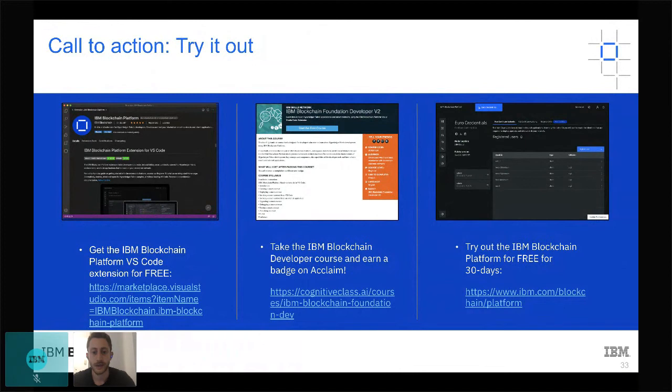You can go get this IBM Blockchain Foundation Developer badge. So this is a pretty new badge that I think we released about 2 months ago or so. And you can go and get that badge similar to the one Jenna was talking about earlier. And it's an acclaim badge, which means you can take that, you can post it to your LinkedIn, you could post it anywhere really, and it's a digital badge to show that you've done this course to learn more about the IBM Blockchain Platform and how to develop on there.